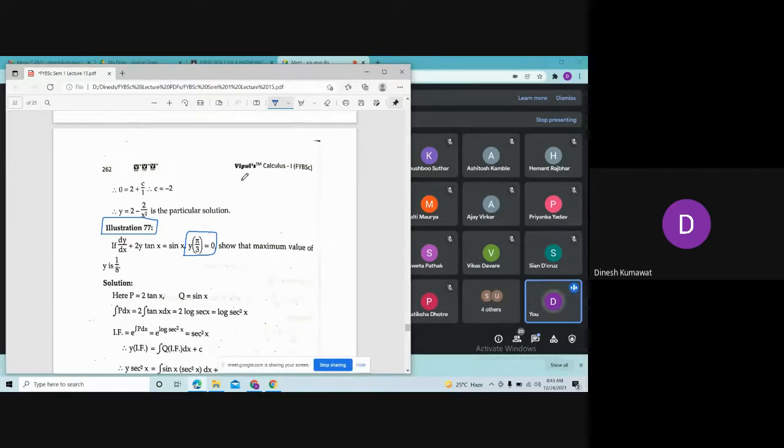Suppose a function y is given to you. Okay, y is some function of x. Then how are you going to check the maximum or minimum value of the function? Have you ever studied in 11-12 how to find maxima minima? Yes, sir, we have studied. So how do you do it? By differentiating, I guess. Do you only differentiate, or are there some rules too? There are some rules, sir, two or four of them.